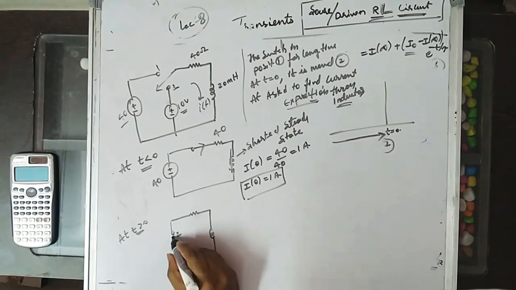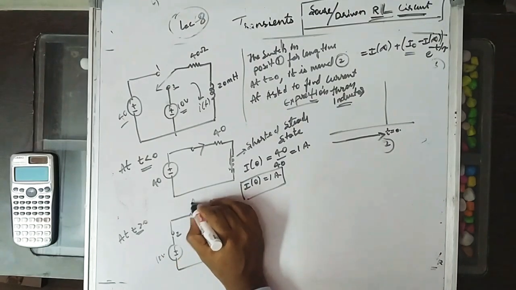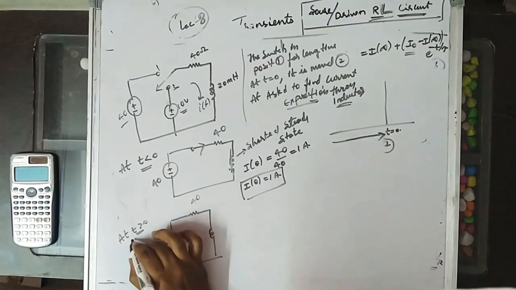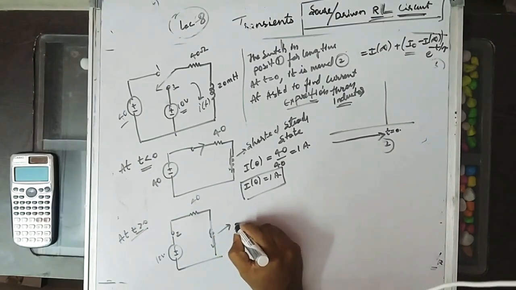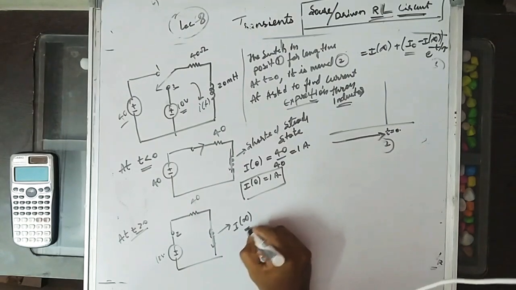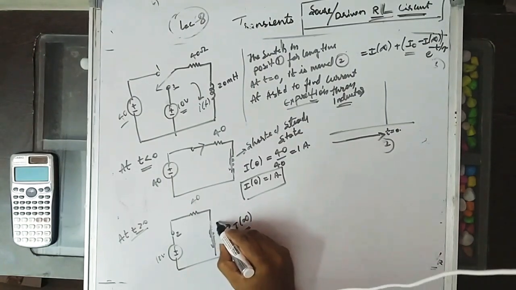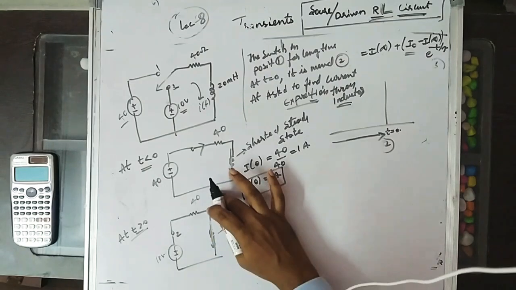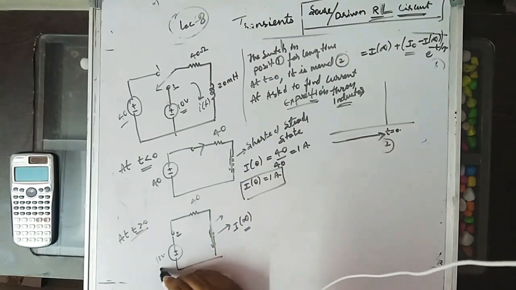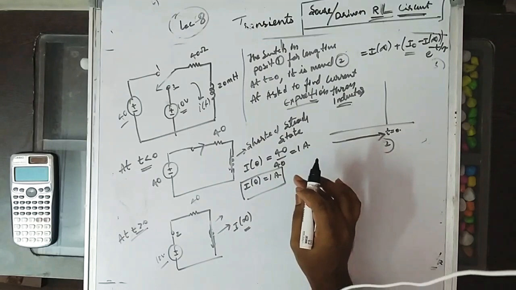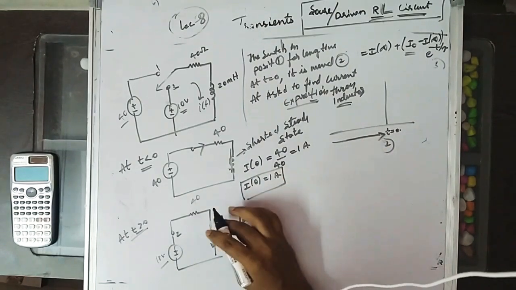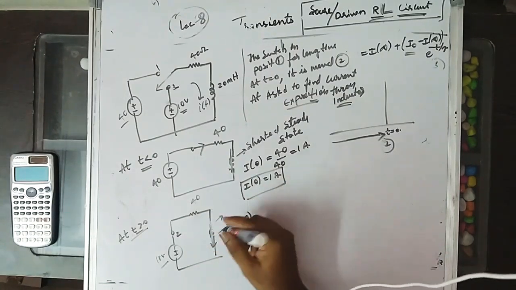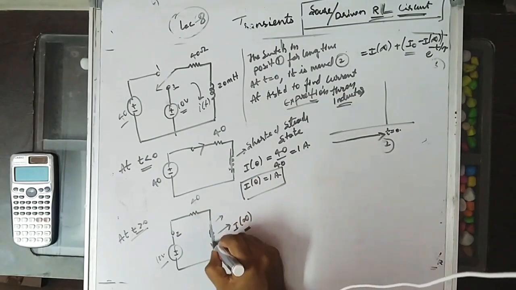Now it will become like this. 10 volts is acting. This is 40. Now for t greater than 0, after a finite interval of time, it reaches steady state. At I of infinity you need to find. The same circuit is operating here but with another source. After a finite interval of time, there is no way to store extra current here. Therefore, the total current will flow. There is no resistance here.